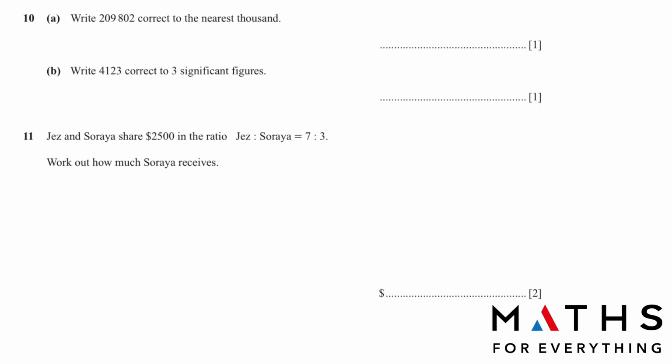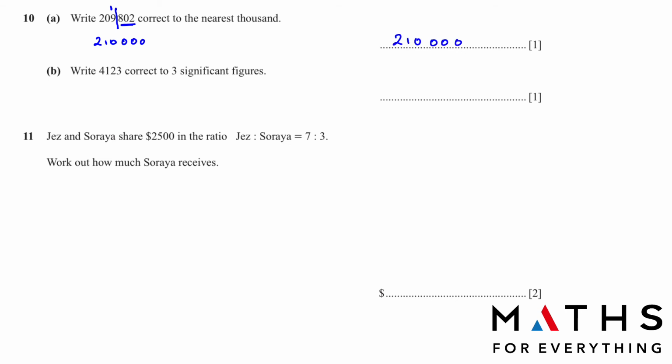Question number 10. Write 209,802 correct to the nearest thousand. So our nearest thousand is here. The number after the line I have drawn, if it is 5 or more than 5, we add 1 here. So when you add that, you will get 10, correct? So it will become 210. And the numbers after the line, in place of that, we put 0. So